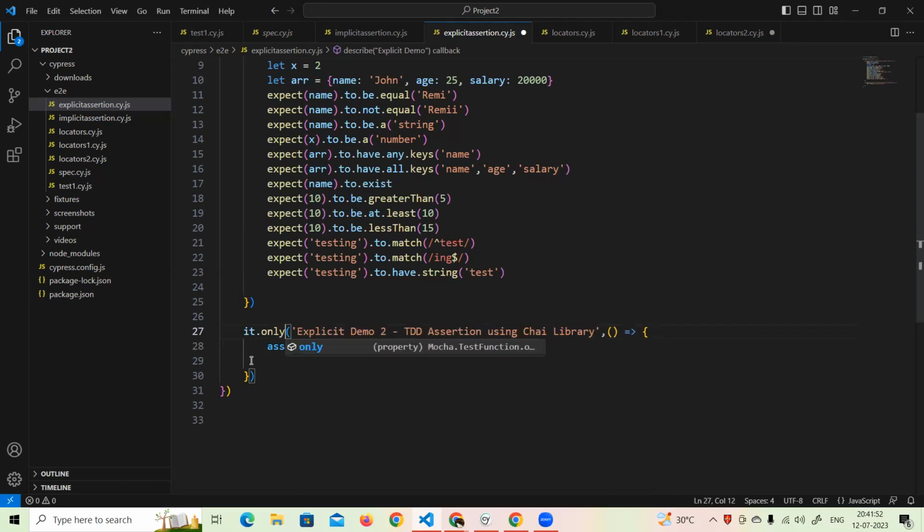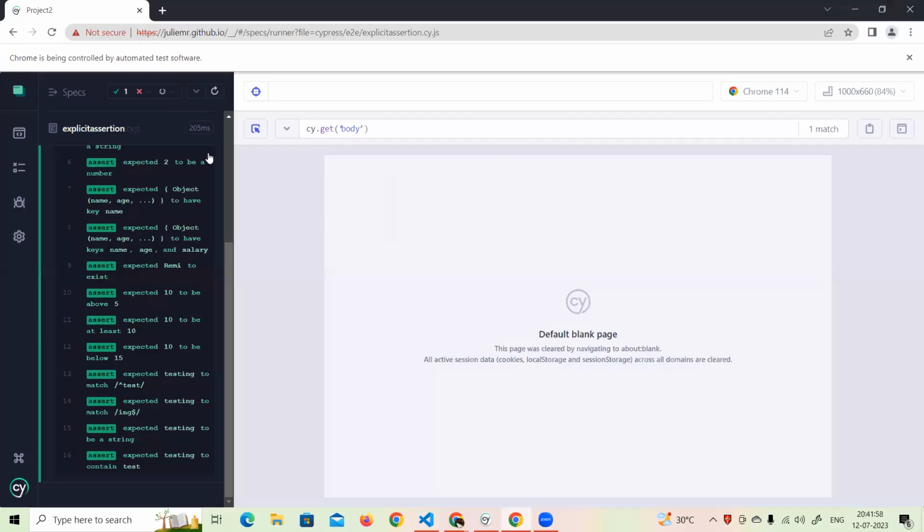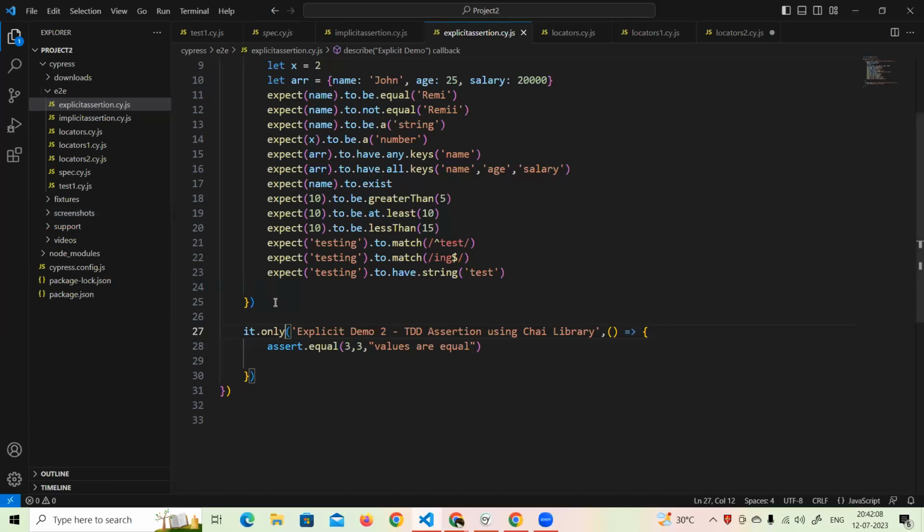And if I run this, let me run this. Can you see now? The values are equal. Expected 3 to equal 3. It is passing. This is TDD assertion. So same way, I can also say